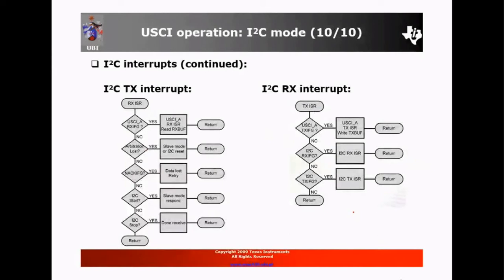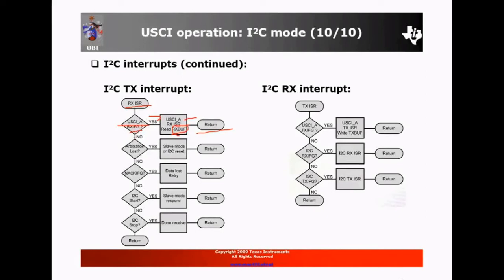Now come to the flow diagram. You can try to understand the state change and the use of the four interrupts. This is the RxISR, the receiver interrupt service routine. So is the USCIA module RxIFG generated? If RxIFG is generated, yes, it will allow the USCIA block RxISR, reading the Rx buffer, and return.